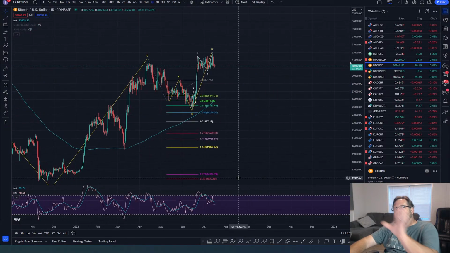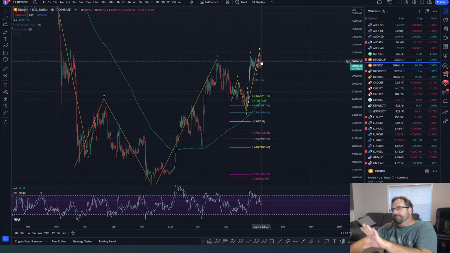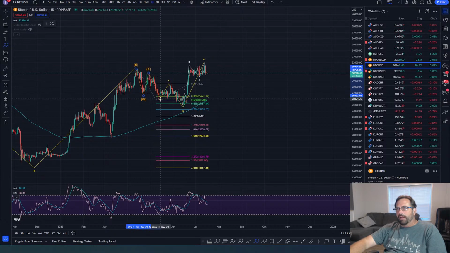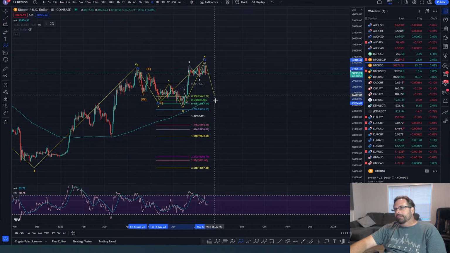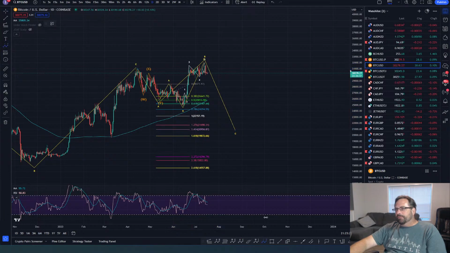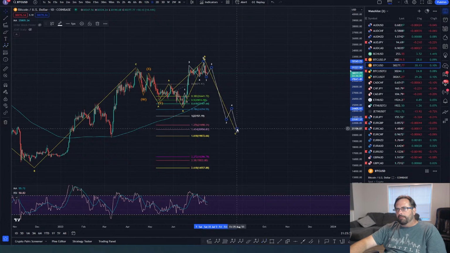All right. So what would that be then? What if that's a flat there? What are we calling that? Well, if this is a flat, then we're going to call this some kind of a W, X, and a Y right there, and then we got a 3-wave move there that broke the top. Okay, I would expect the next move to be a 5-wave move to the downside, like this, and it would need to come down in 5 waves. Okay, and we may have the 1 wave in the works at the moment. Then wave 2, 3, 4, and 5.